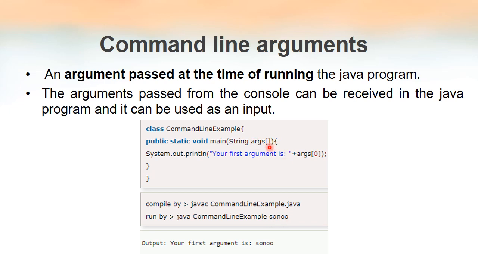In this example, I am passing only one parameter. That parameter will be stored inside this array at index number 0. All of you know how to access elements inside an array, right? By using index numbers. The index numbers inside an array start from 0. Since we are passing only one parameter here, that parameter will be stored at index number 0 of this array.